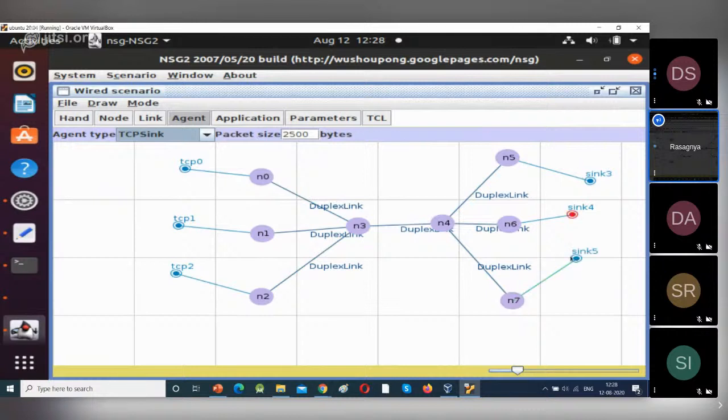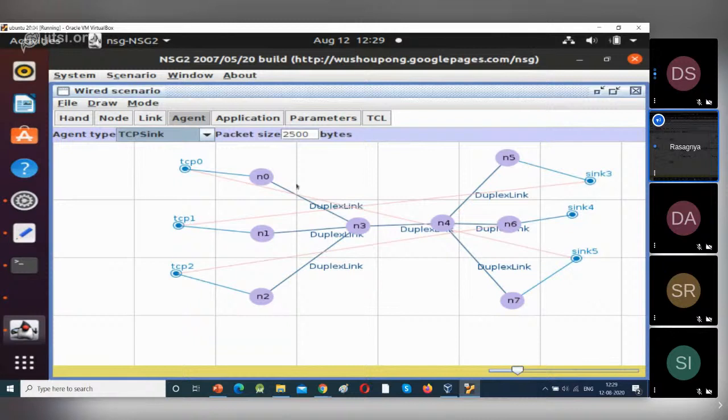So these have been connected to N5, N6 and N7. Now connect TCPs and sinks. N0 will be my sender and N7 will be my receiver. Next select this TCP and this sink. Next select this TCP and this is my sink. So we have connected three TCPs to different sinks.